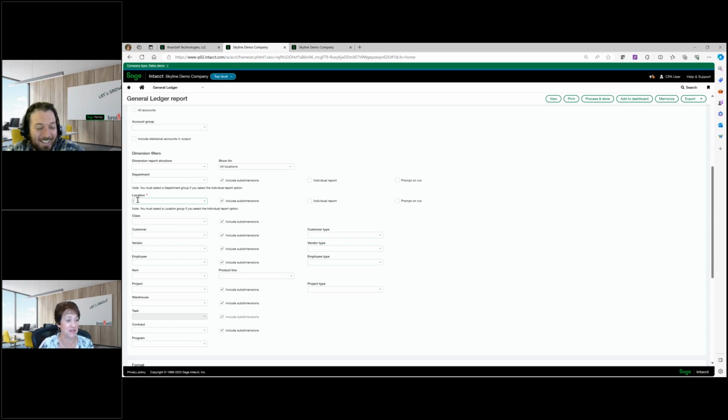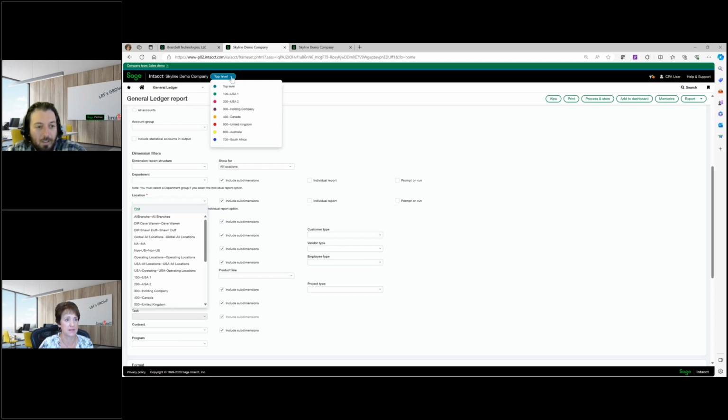So if I'm using this location, this is a filter. If I look at the location filter, this is really fabulous. Think of this location as a company. This is how many companies this particular one has. But if I look at location, you're seeing so many more, because I could have one company with multiple locations. So I could report down to just a specific location belonging to that company, or I can group my